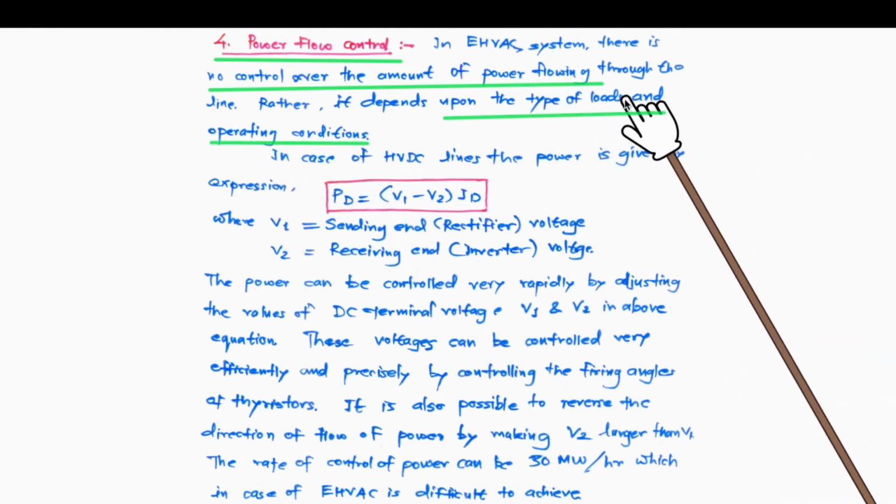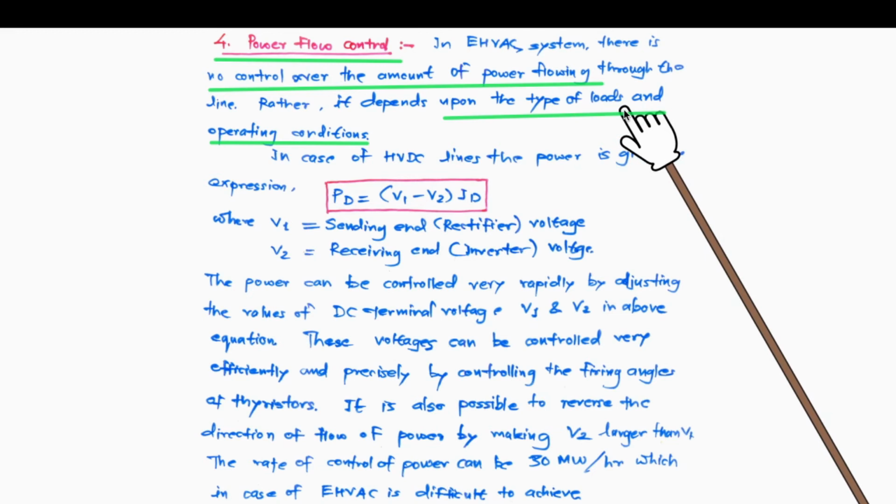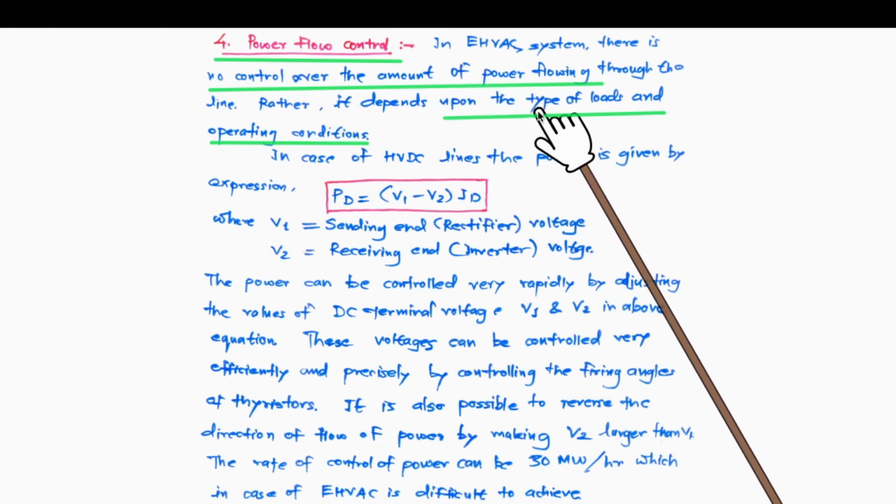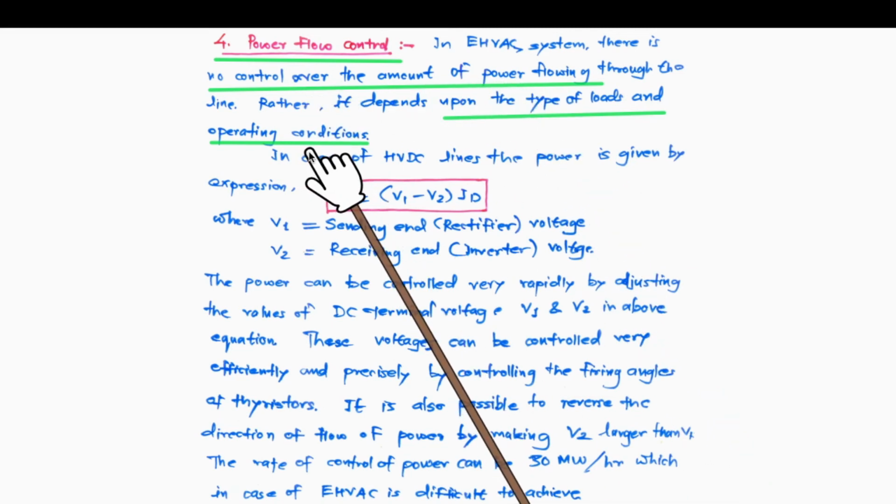AC सिस्टम में क्या है, जैसे जैसे लोड बढ़ाएंगे वैसे वैसे पावर उसमें से ड्रॉ होंगे. ठीक है, you cannot control the power. We cannot control the power flow in the AC network. It's simply the loads that are governing it.